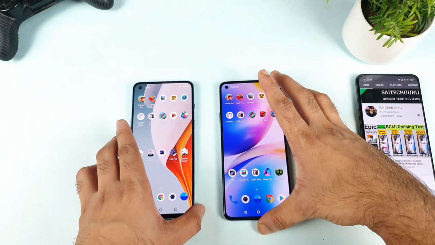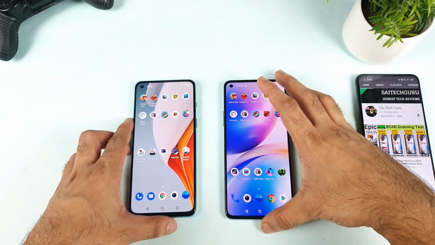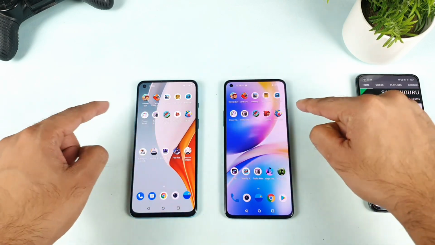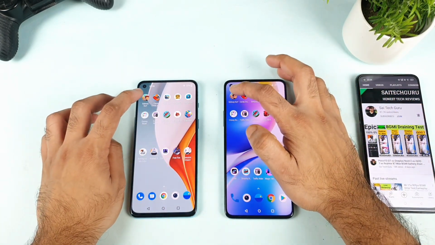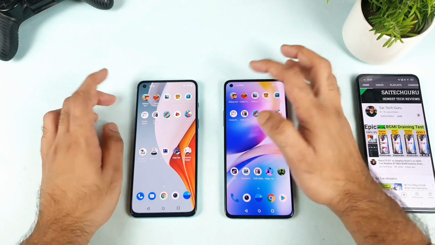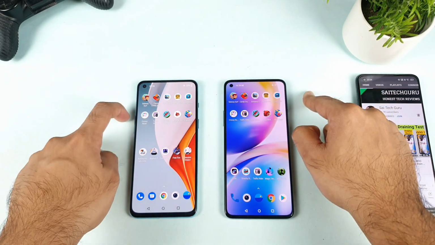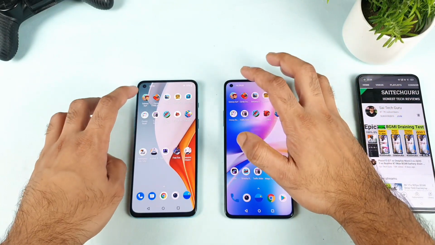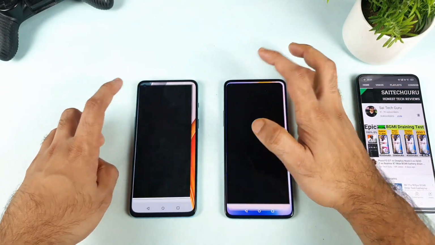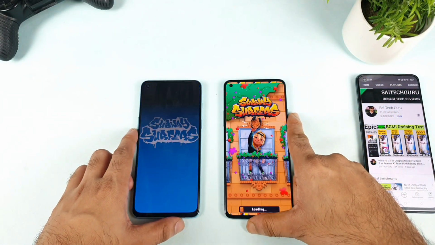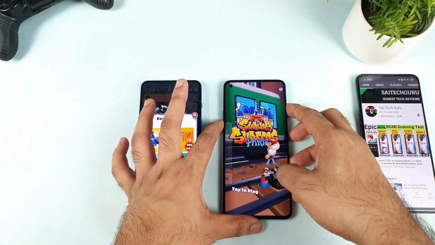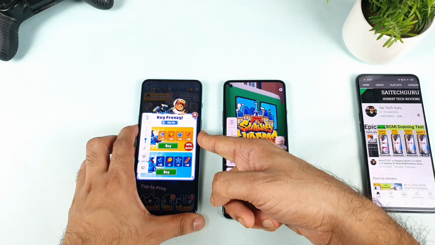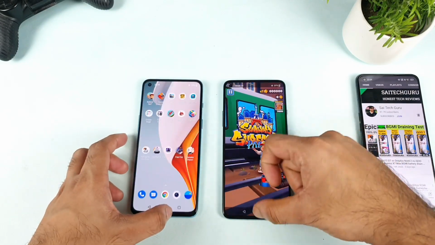Now let's get started, friends, with this, which is going to be really interesting. As I said, this is my first time doing a side-by-side comparison with 10 games. Let's see which phone will be able to open these games faster. So 1, 2, and recently I did receive the software update in the OnePlus Nord 2 device, so that is going to be another topic, the software update. Now all the games are not added into the game space or anything. So the first phone to open, I think the OnePlus 8T did open first, slightly faster, just a little bit faster.